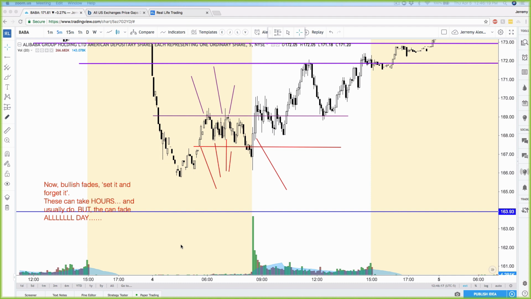If you're a little bit more of a patient trader, you can be by the computer and then walk away and then come back 4 or 5 hours later. You'd probably want to play bullish fades. Because bearish fades, they can fade all day, but it's a little bit more on the rare side. It can certainly happen, but bullish fades that just slowly fade all day long are fairly common. They're slow, they're arduous, and